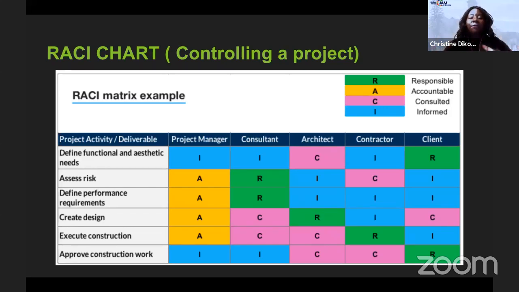Most of the time when there's a miscommunication in the project, it is because the RACI was not well established. And when you establish the RACI chart, trust me, everything will go well. Accountable. Who is accountable to ensure that this design is produced? Yes, the designer can be responsible, but who ultimately will be accountable? If the design is not done, the client is not going to go to the designer, he's going to go to the project manager, because the project manager ultimately has the entire